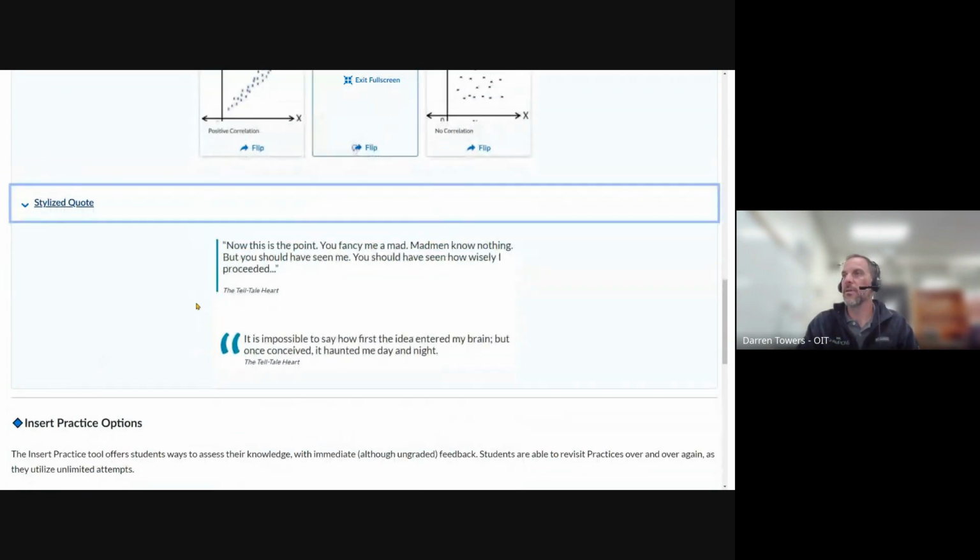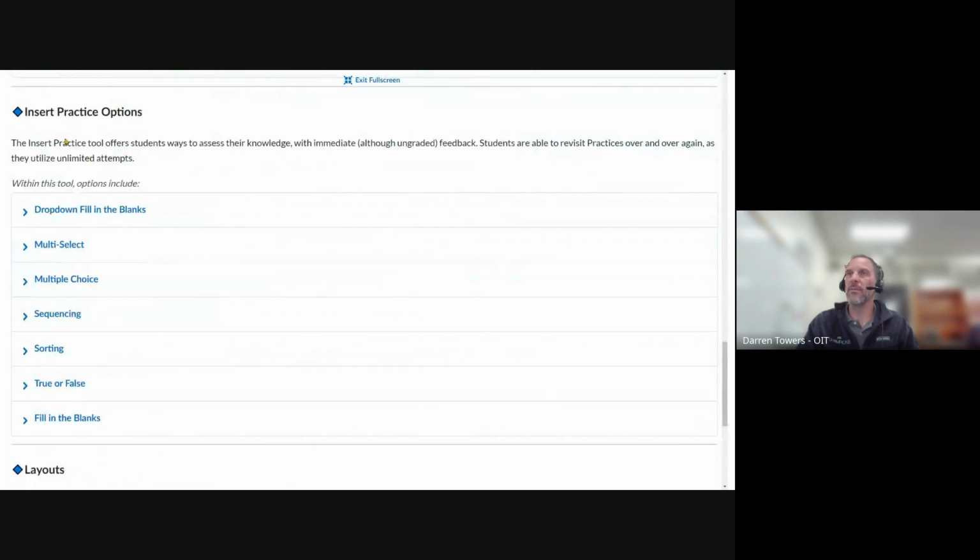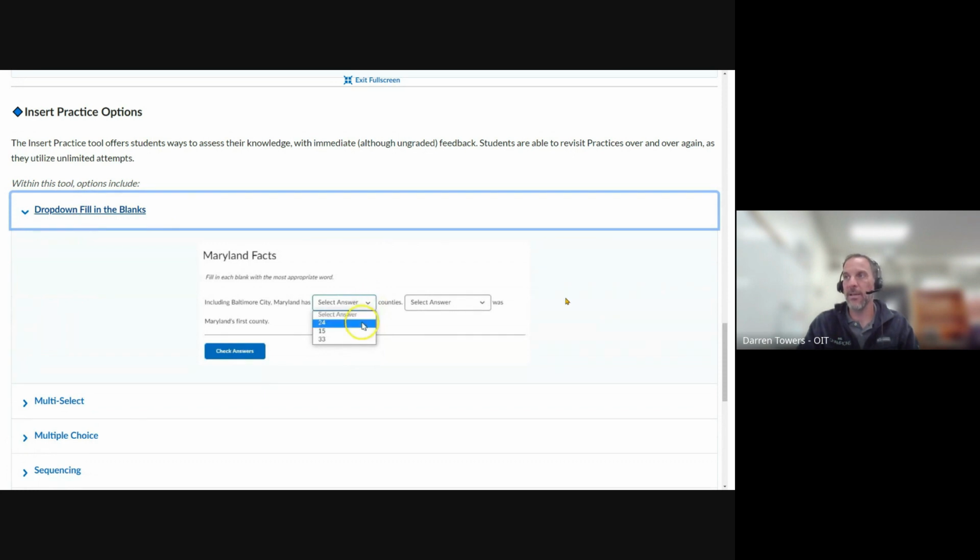The insert practice options. Just a note, these are not connected to the quiz tool. There's not data we can get from these yet. I know that's something Brightspace is working on getting us, data for some of them. I think they're going to start with the multiple choice or the multi-select, but move on from there. My favorite is the drop-down fill in the blank. It's just a short answer, but the students get the choices,